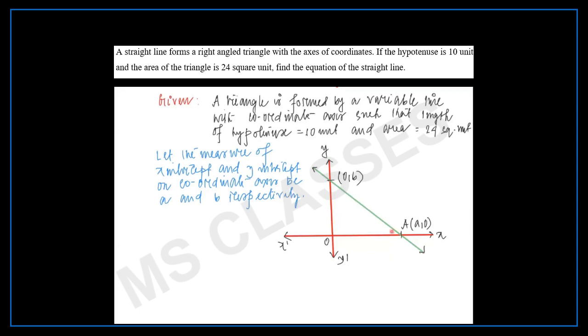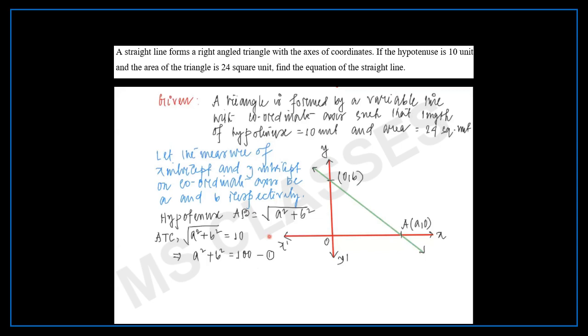Now we have taken this one A, this one B. When we know this is A, this is B, then we can easily find the hypotenuse. So here, hypotenuse AB will be given by under root of A square plus B square. Now, according to condition, this root under of A square plus B square is equal to 10. So from this we can say that A square plus B square equal to 100, which we take as equation 1. It's one of the conditions which we have got.